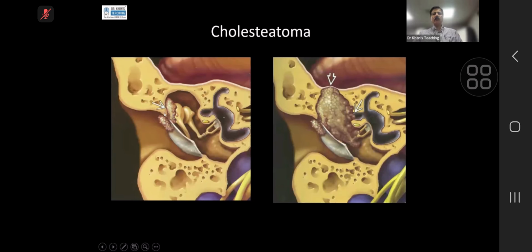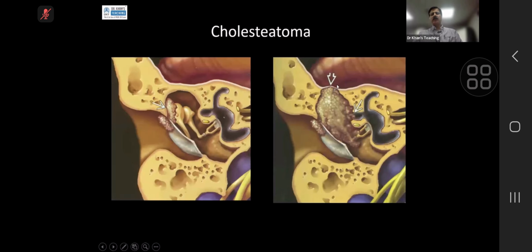And gradually it will erode this scutum. This is in the Prussak space. And it will erode this ossicle. But then there can be pars tensa cholesteatomas also. It can be in other parts of the middle ear cavity. They can be very large. Look at this example where it has eaten up everything. And look at this tegmen